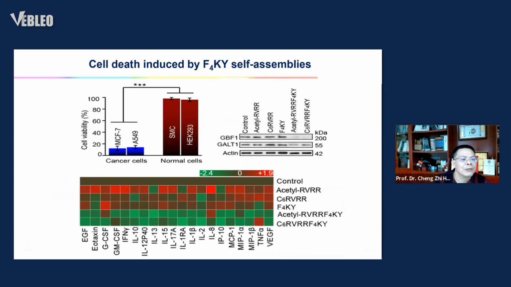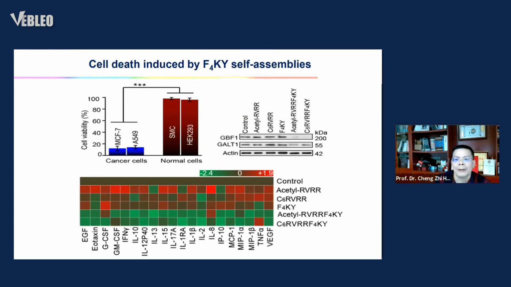Further tests showed that the viability of cancer cells, not the normal cells, was drastically affected. Immunoblotting and cytokine secretion analytical results showed that a major reduction in the spontaneous secretion of cytokines was observed after 80 hours incubation, indicating that apoptosis and necrosis,